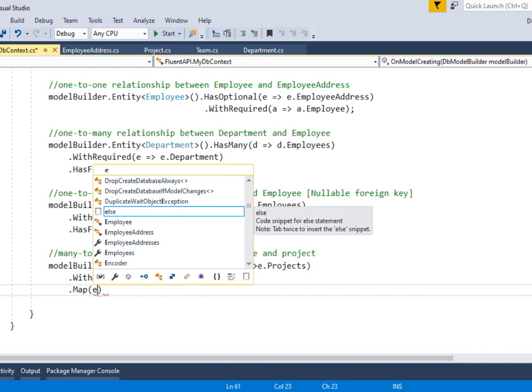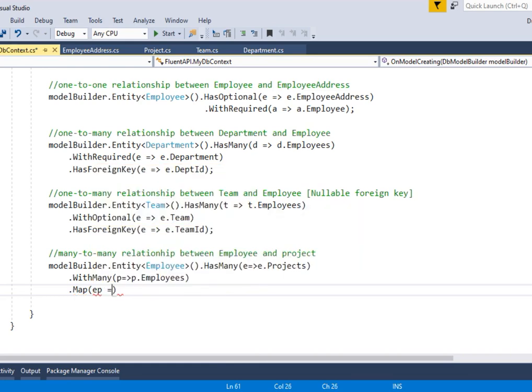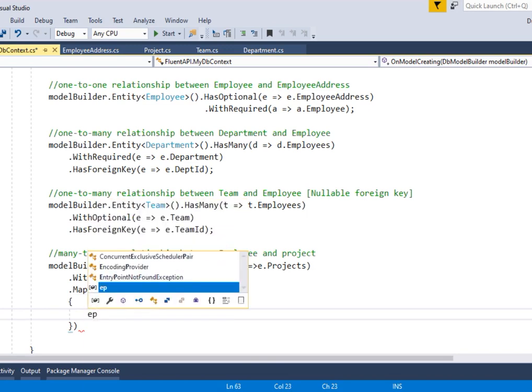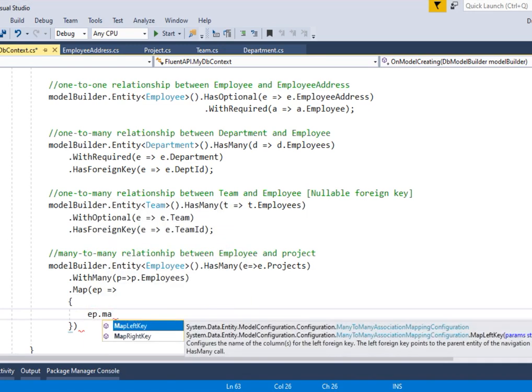E stands for employee, P stands for project, and then the lambda expression operator. Since this part contains more than one statement, I have to enclose it in curly braces. Here I'll specify ep.MapLeftKey. With the help of MapLeftKey, you can specify the foreign key name of the employee table.